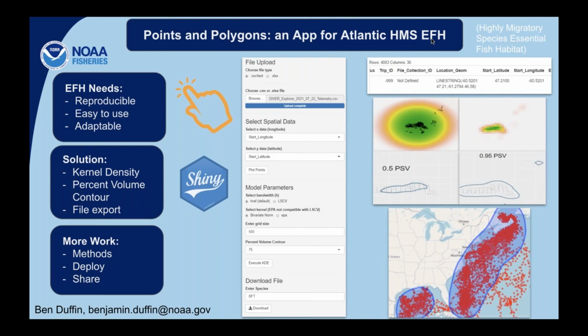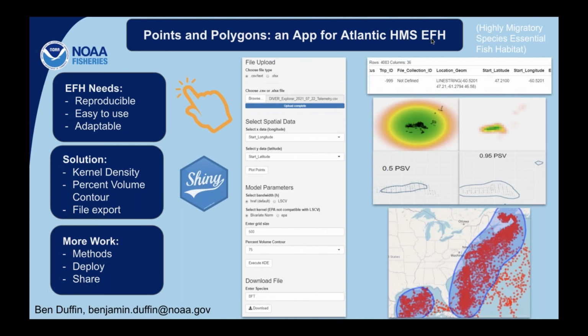I was hoping to make some of those easy to use. Not everybody is an in-depth coder, right? So this gives a graphical user interface to be able to point and click, select different options. And I was looking for a little bit of adaptability. We've got a lot of data that's going to be fed into these spatial models, and it's all formatted a little bit differently.